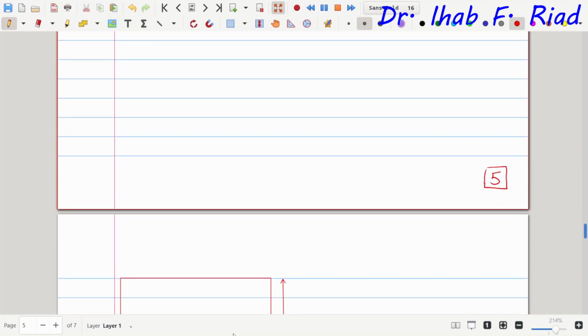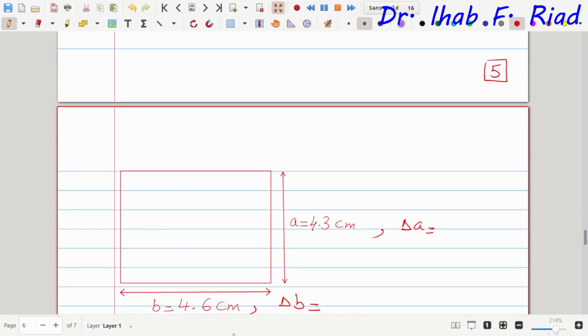Please make sure that you understand these very well, because it will make life easy for us when we start solving for paper 3 and paper 5. Okay,